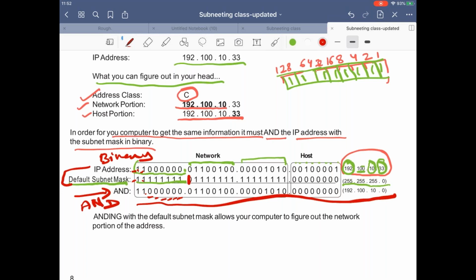If you have 1 and 1, then it will come 1, and for any different value, it will come 0 only. 1 and 1, 1. See this? Only for 1 and 1, it will come 1. So if you do the AND operation, the main target is to get a network ID. To get a network ID, if you have the IP address given and if you have the subnet mask, if you do the AND operation,